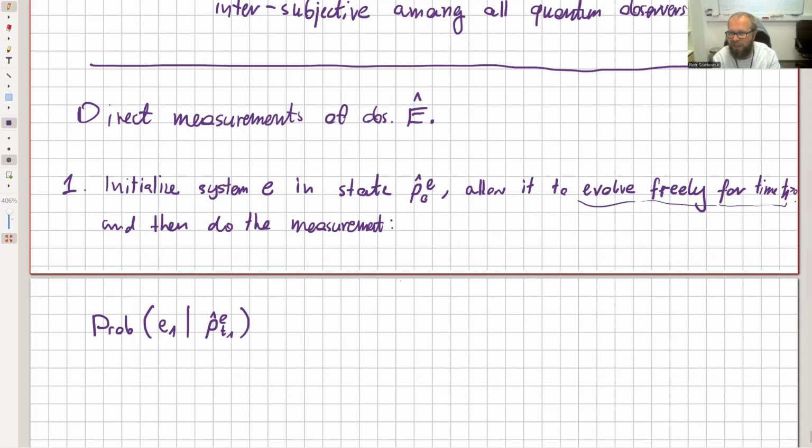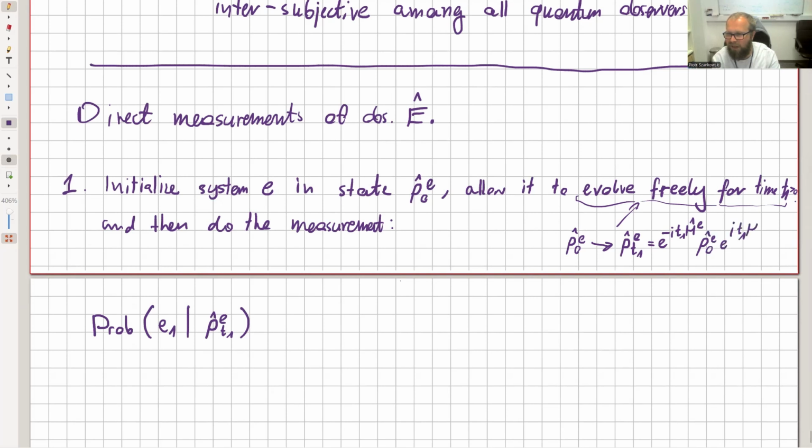So evolve freely. This means that ρ_E(0) evolves to ρ_E(T1) equal to e^{-i T1 H_E}, the free Hamiltonian of the system,